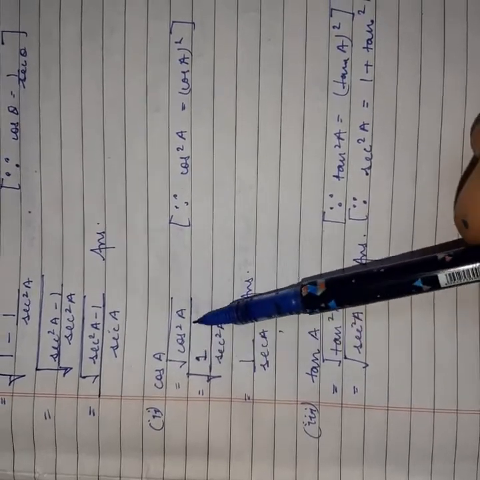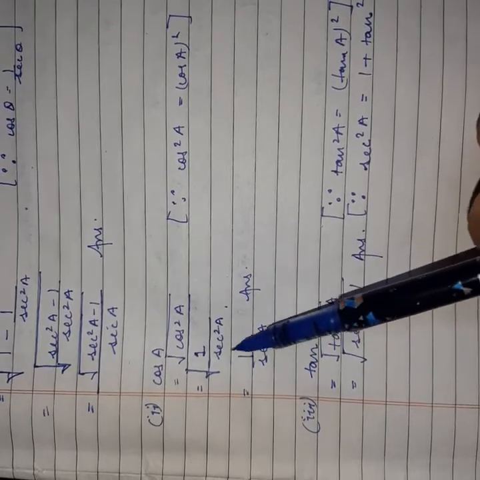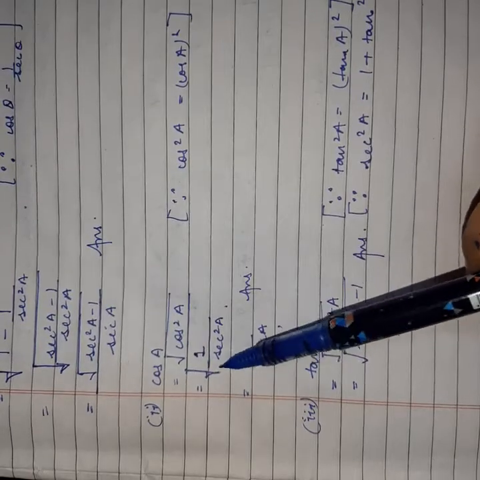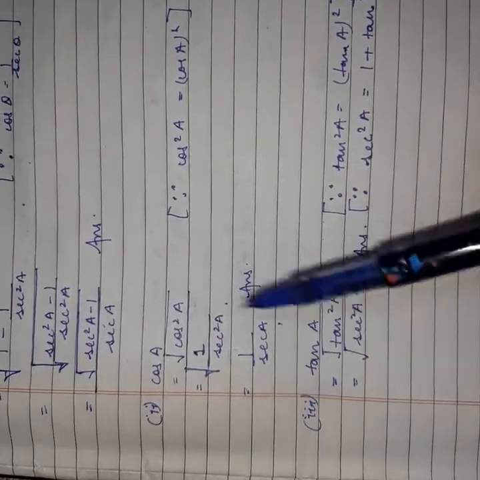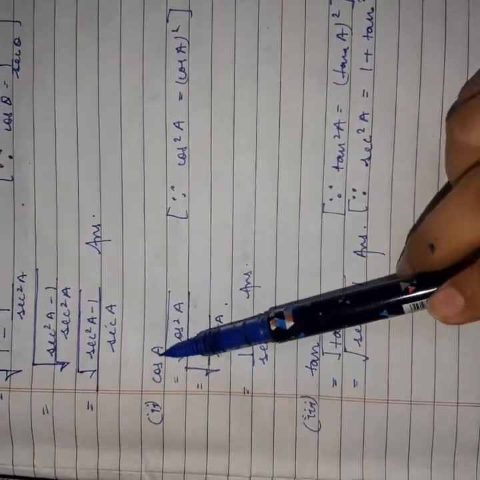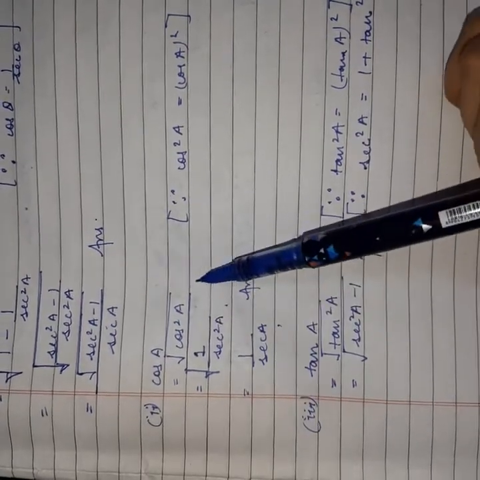Cos square A becomes this. 1 square is 1, that's why 1 only here. Now 1 under root is also 1, so this becomes 1. And under root of sec square A, the square and under root get cancelled, this leaves us with sec A. So cos A is equal to 1 upon sec A. Actually, we do not need this because cos and sec have a direct relationship, but to prove it you can do this also. Okay,